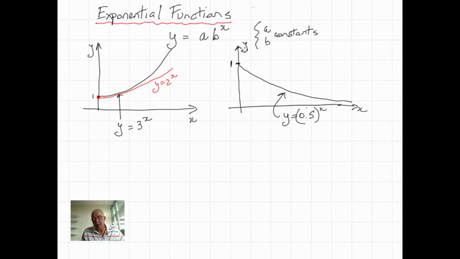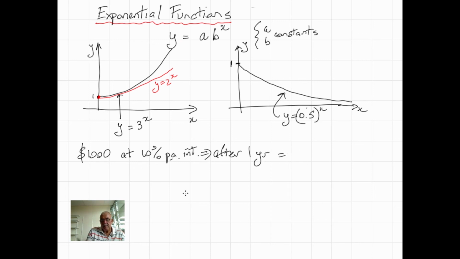Let's just have a look at, say, an application. If I had $1,000 in the bank, and in the good old days, you invested at 10% per annum interest, and it was paid yearly. So after 1 year, you would have $1,000 times